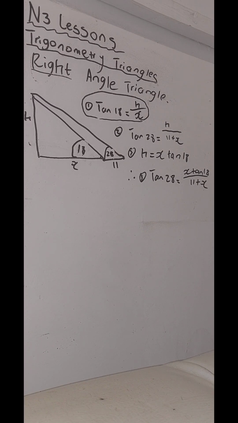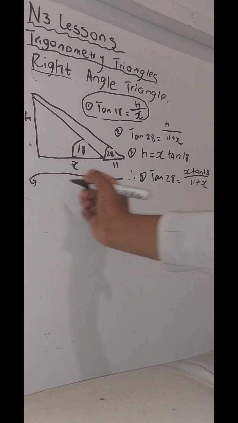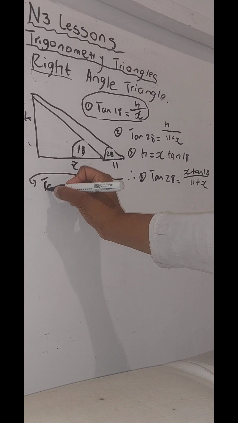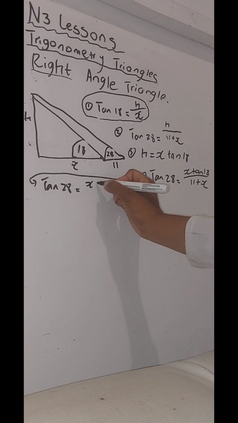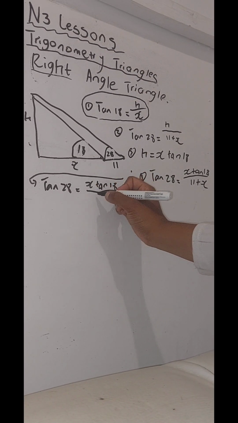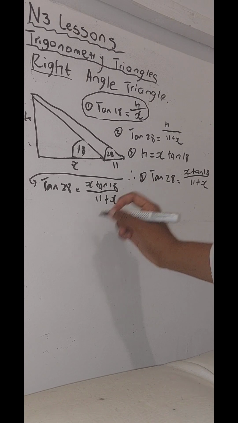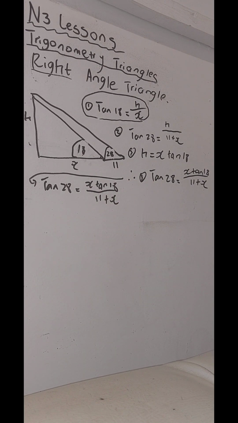So what can we do from here? From here we can multiply this by this. So let's just make this a number to make it easier. I'm sorry, I'm just going to move the whole equation here, right? So tan 28 is equal to x tan 18 over 11 plus x. So I'm just going to make these numbers. So what is tan 28? Tan 28, making it a number,